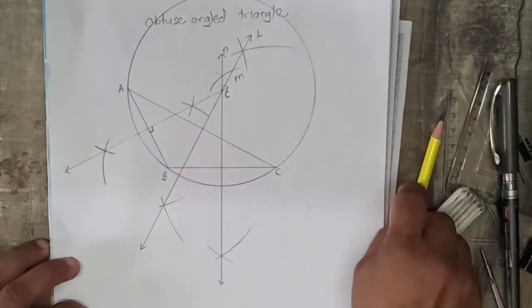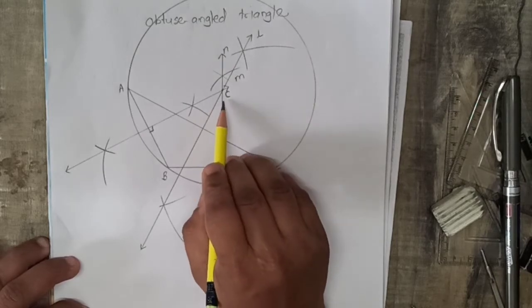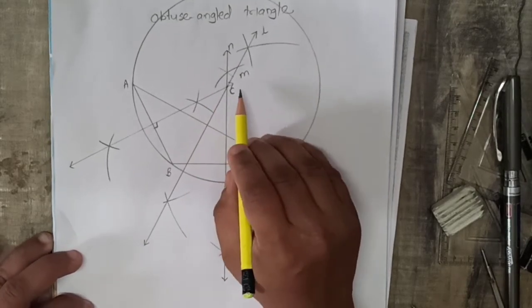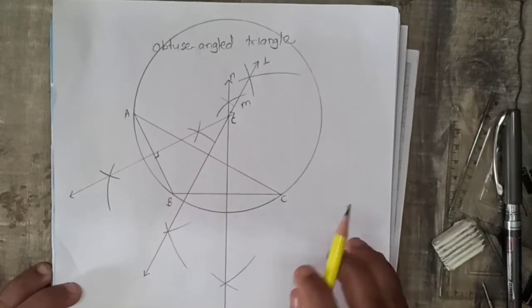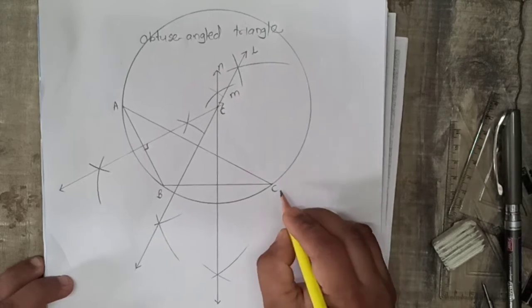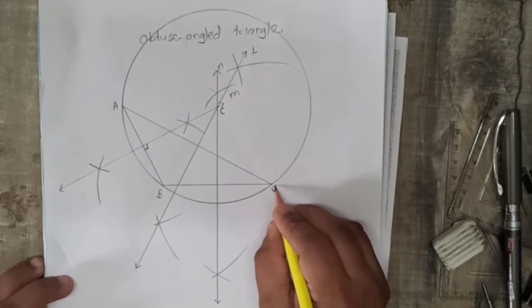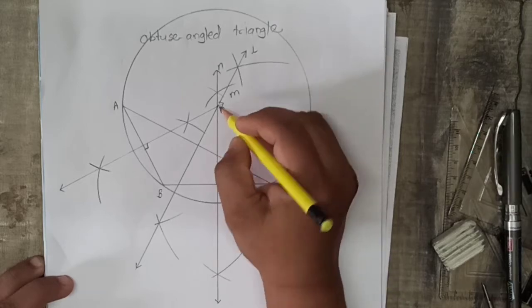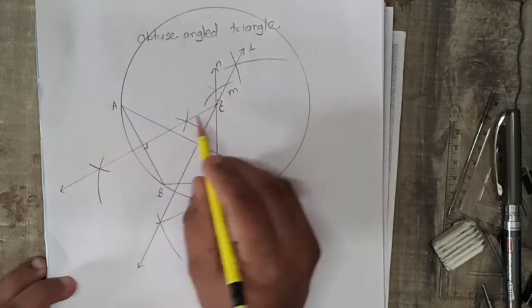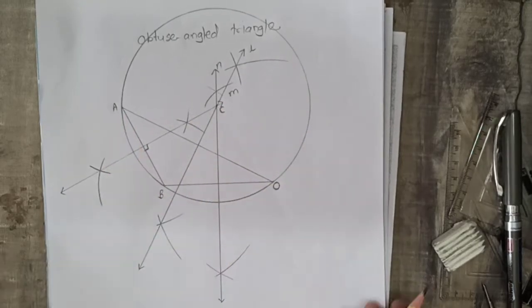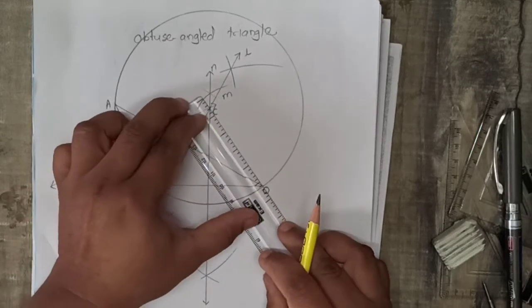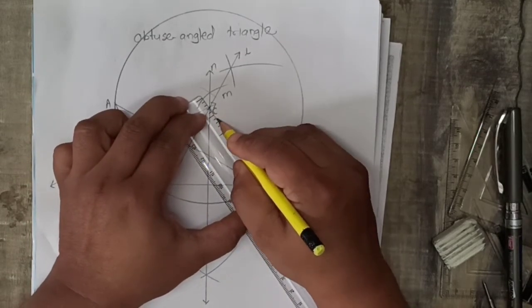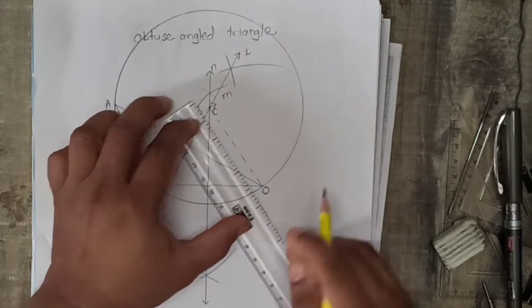Okay, so the point of concurrence of an obtuse angle triangle is located outside of the triangle. I change this name to ABO so that the distances are CA, CB and CO. So these three distances are equal and we draw the circumcircle.